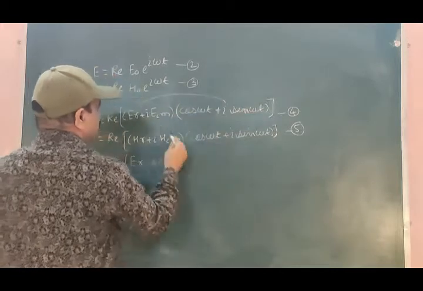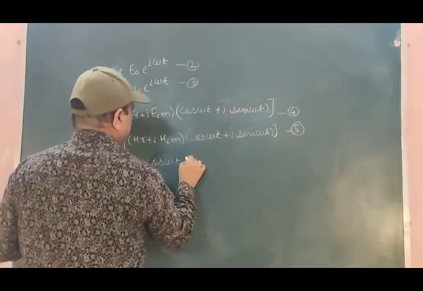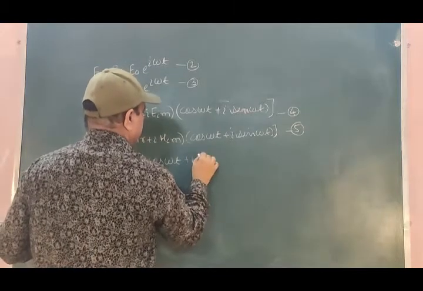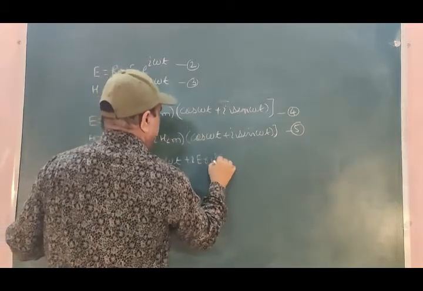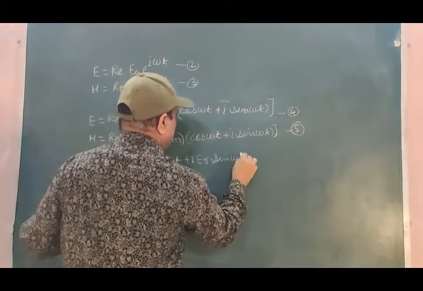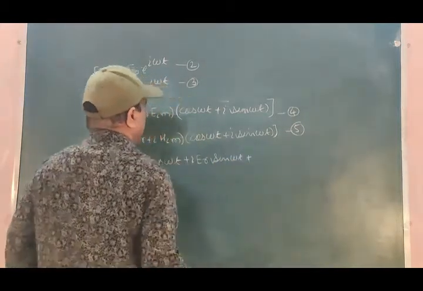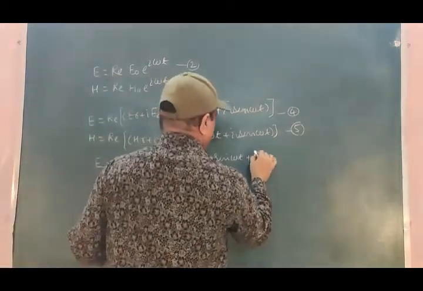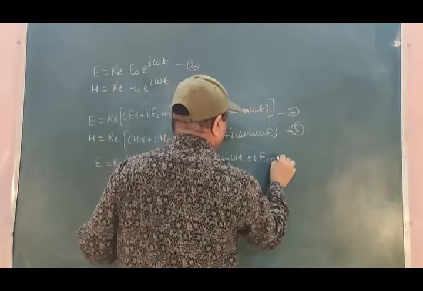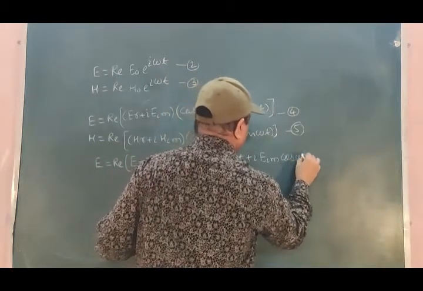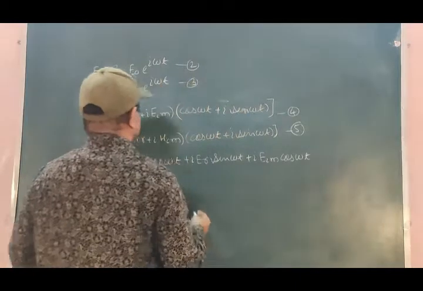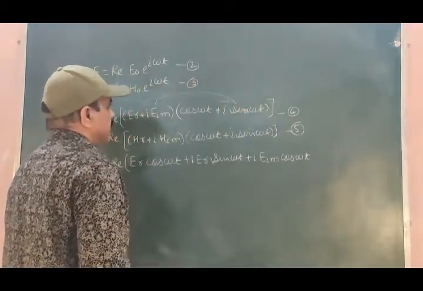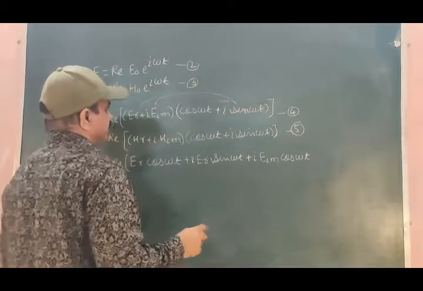Let us have the multiplication of these two also, plus ER times I times ER sin omega t, plus I EIM cos omega t, and what is left? The product of these two, I into I square, that is minus